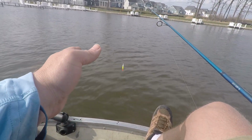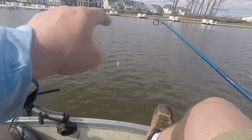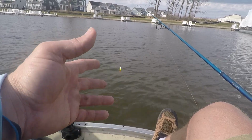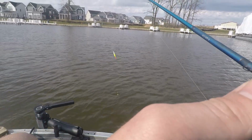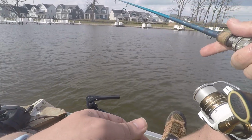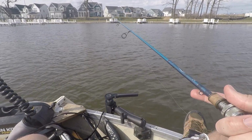And what you're doing is you're sweeping it back. You're just kind of sweeping it back. So what it's doing is it's making it go up and down, and then the waves are keeping it quivering. So it's like a minnow almost, but no live bait needed. It's one of the coolest things that you can do in the springtime. I think you can get away with it most times of the year, but yeah, so just cast